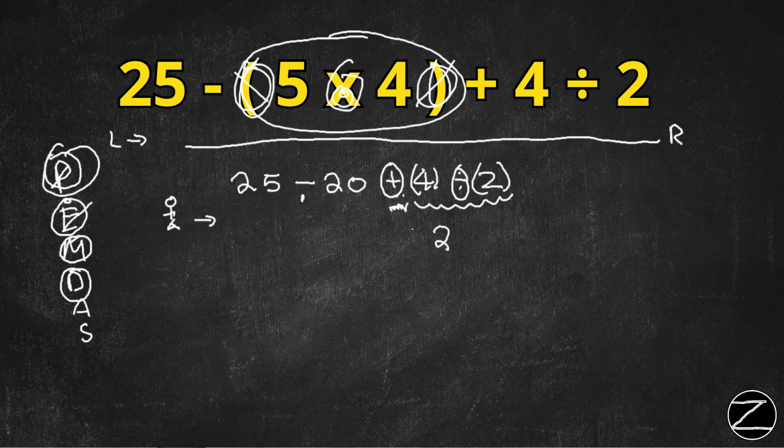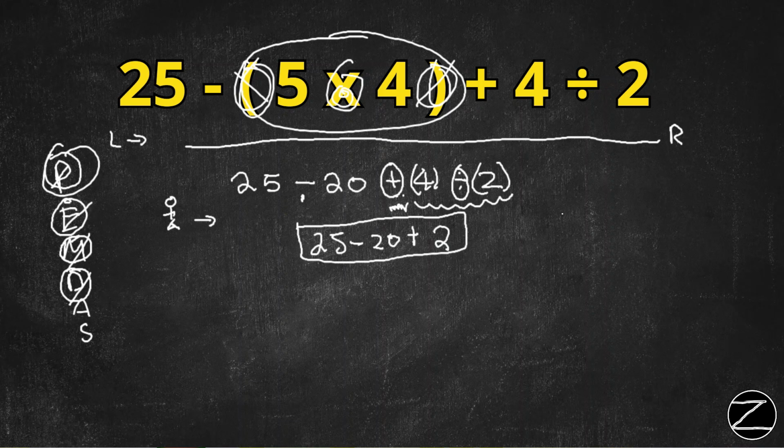And yes, now bring down the plus sign. If this was a minus sign, you would just bring it down. So don't worry about the signs yet, because you are following the order of operations, which is division by now. So let's rewrite: 25 minus 20 plus 2. Now, this step is very critical,